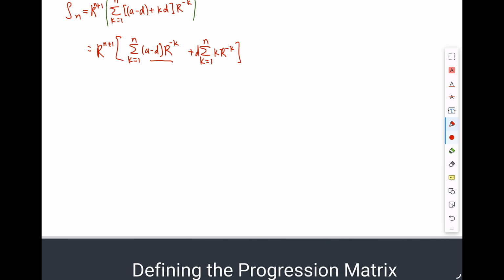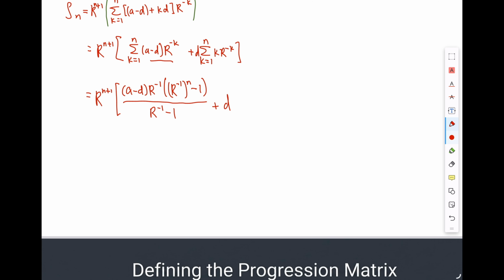The first term of the GP is a minus d r power negative 1. My common ratio is r power negative 1. So I will get r^(n+1) (a minus d r power negative 1). This is my first term. I have (r power negative 1) power n minus 1 divided by r power negative 1 minus 1